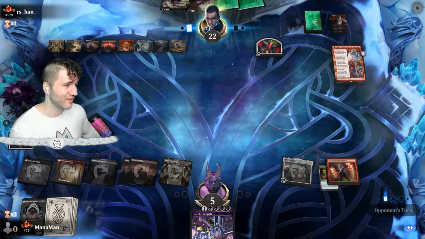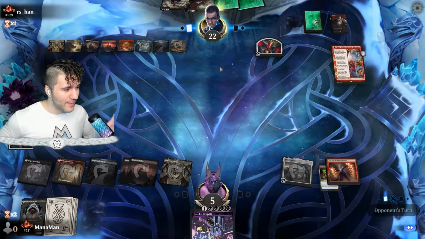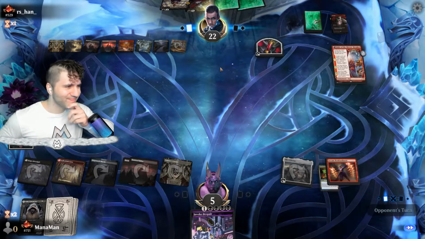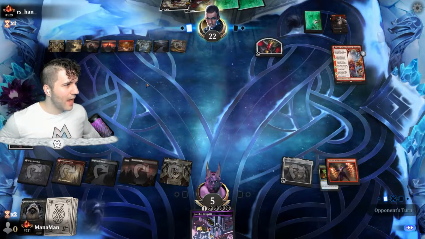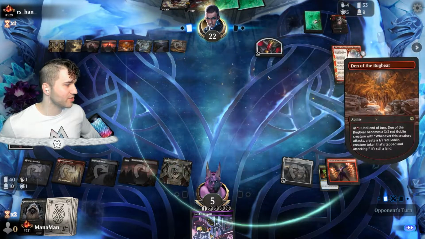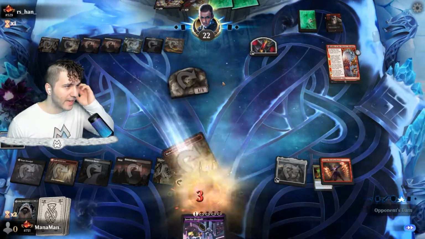Because now they can go for Den of the Bugbear. Or they can just blitz in this Tenacious Underdog. Either way, I'm not really sure what they're going to do. Ouch. I'm not even sure which one I would prefer. But dang, that Strangle really makes us so awkward here. So they are going to go for Den of the Bugbear. We're going to be able to live one more turn. But,